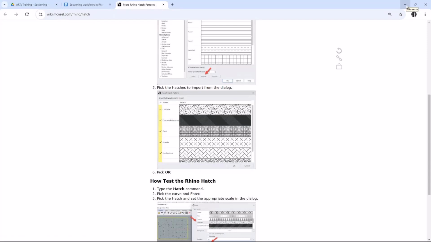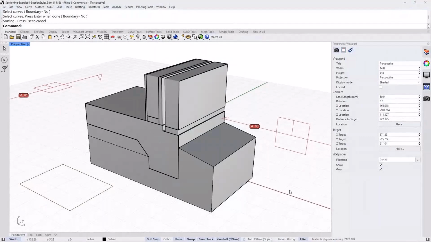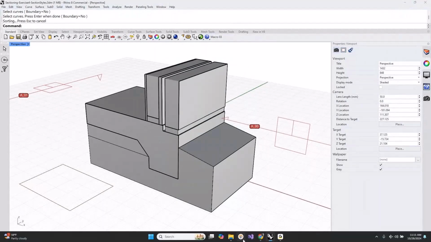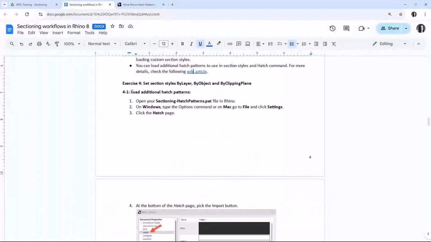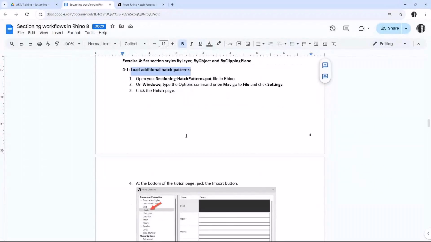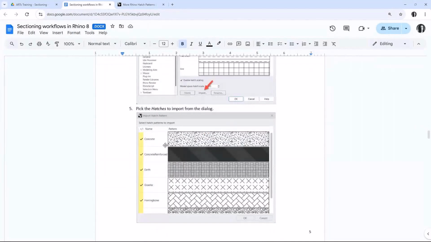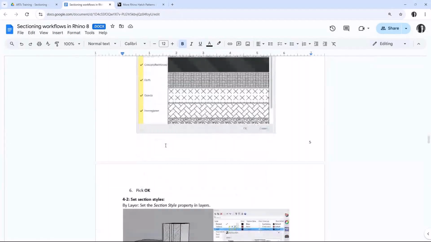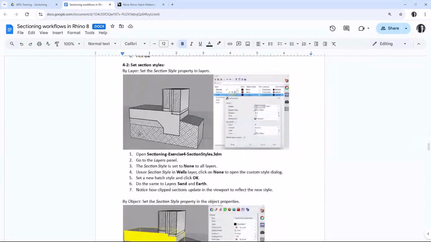So since we have the hatch patterns, I'm not going to go through that process. You can follow the steps if you want to upload them to a new file as well. It's also available to you in the handout itself, including how to load additional hatch patterns in case you are starting with a new file or you want to save a template. So you go to the hatch, you import, and you pick the file and all the hatches you want to import and pick OK. So that's basically what the process is. So now